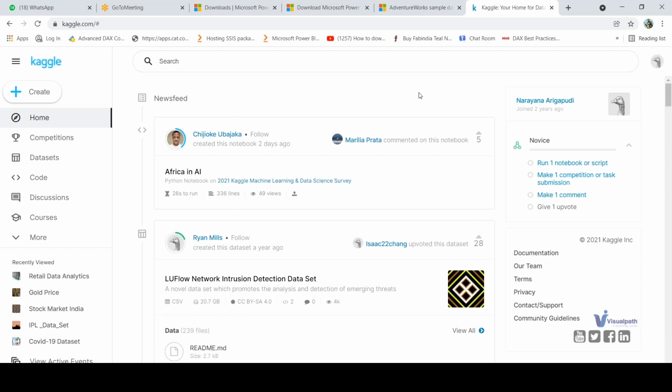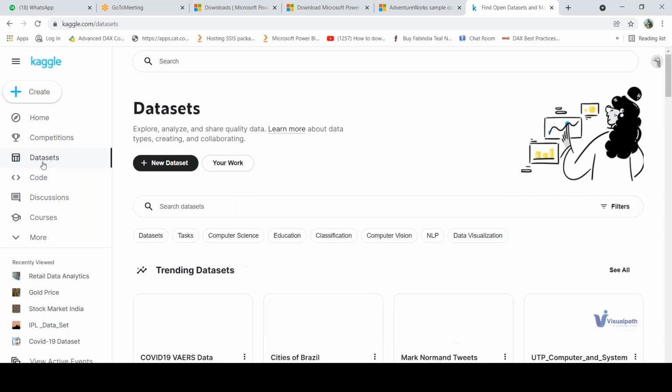Right, and once you sign in, you have options here like home, competitions, datasets, code, discussions, courses, and more. Just click on datasets. Click on datasets,